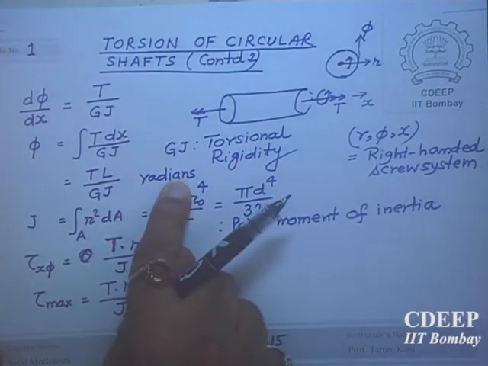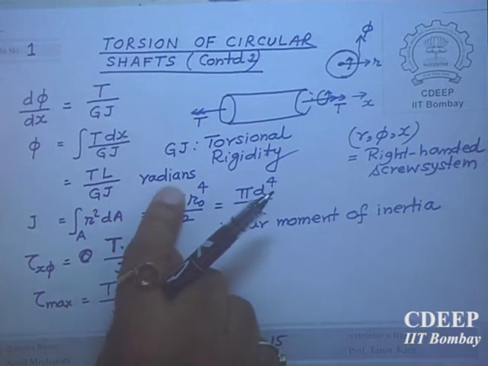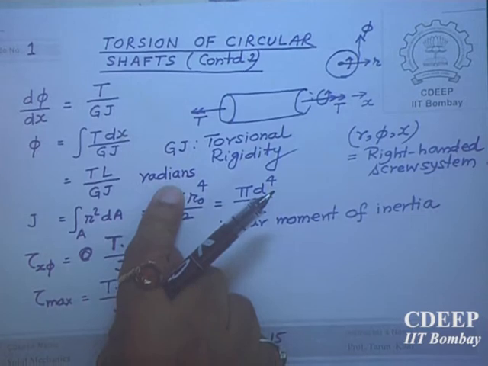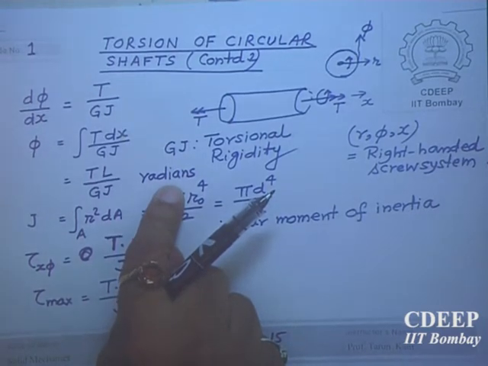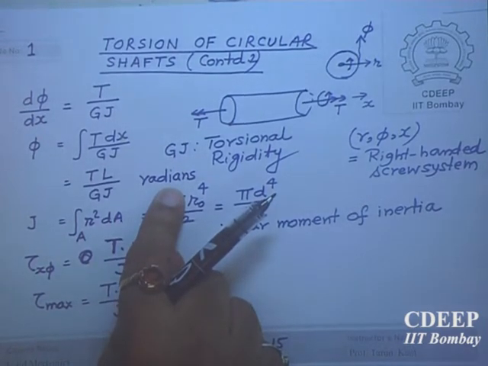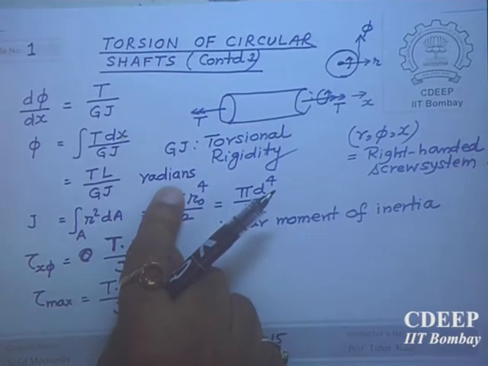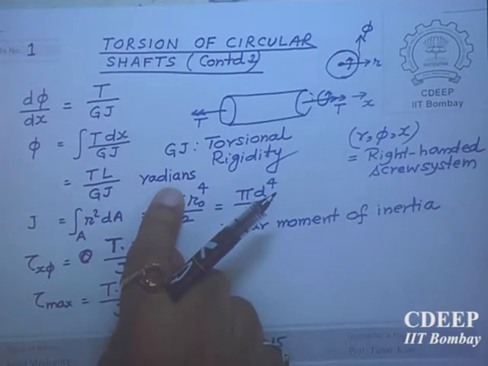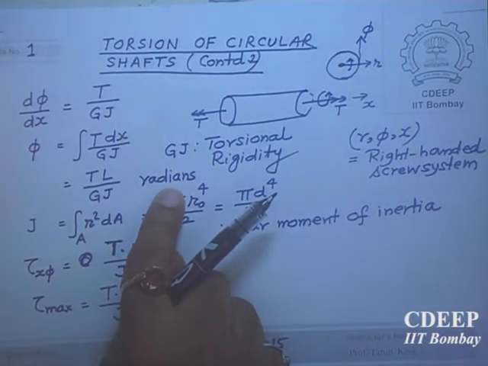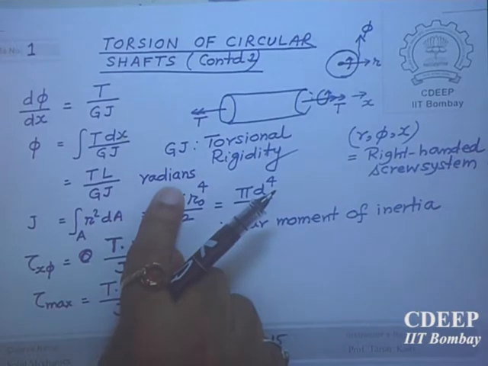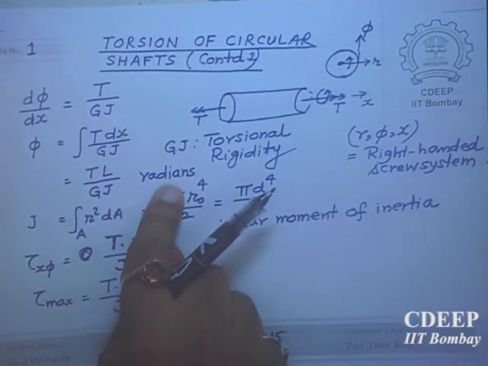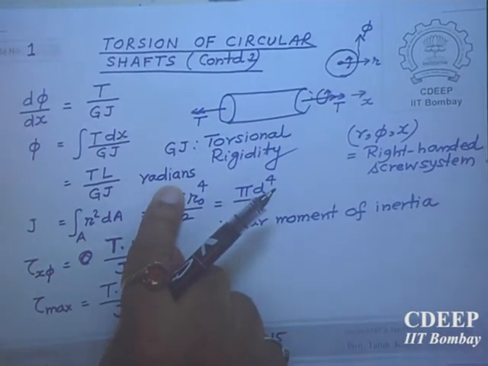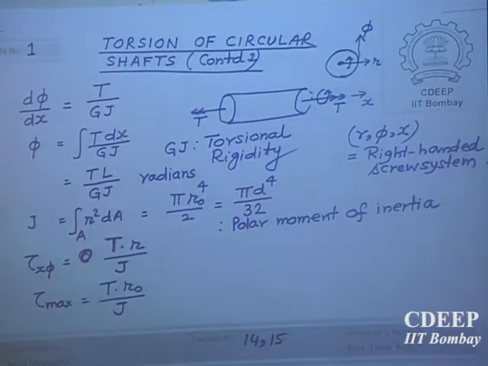This one is in radians. Many of you have written strain, computation of strain, and there you have written meter or millimeter. In the question paper which was given, you have to compute some strain quantity. Strain quantity is dimensionless. Change in length divided by the original length. So how can this have a dimension? It is called micro strain. You measure it as a non-dimensional quantity. So this is in radians.